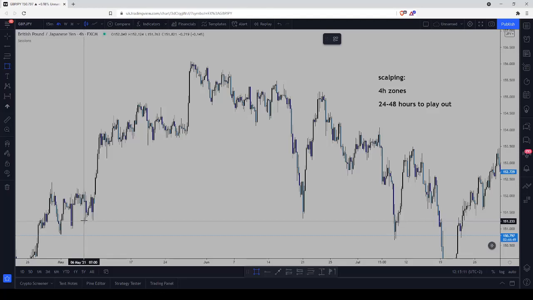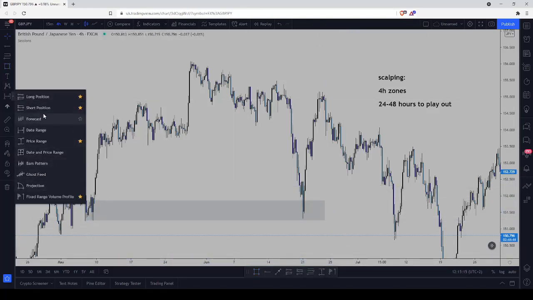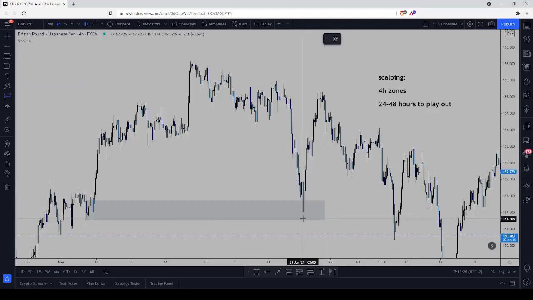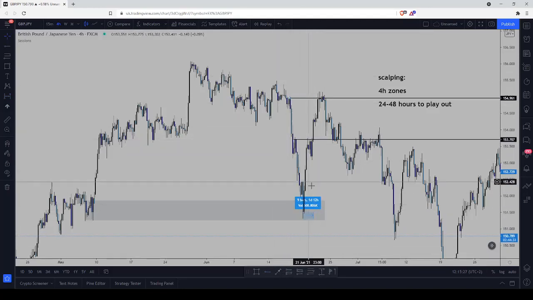So for example, this buy zone that we took, let's see the price date range. Let's say we entered there, and we had different targets. We had one target here, and let's say the other target there. So this literally took 12 hours, half a day, 12 to 16 hours to reach our first target, and the second target would take 2 days. So this is between 1 or 2 days for a target. This is usually what we've seen.